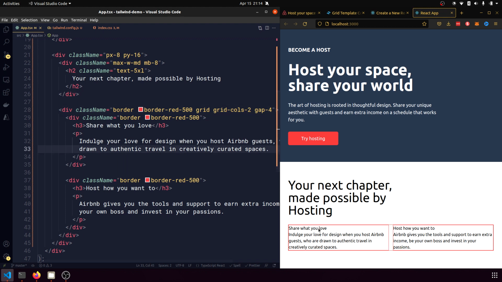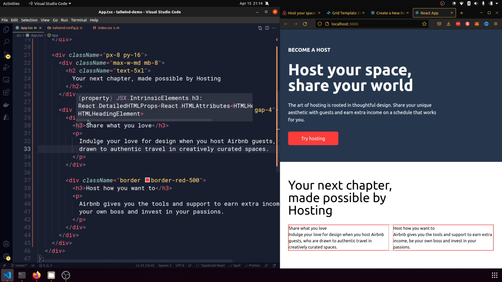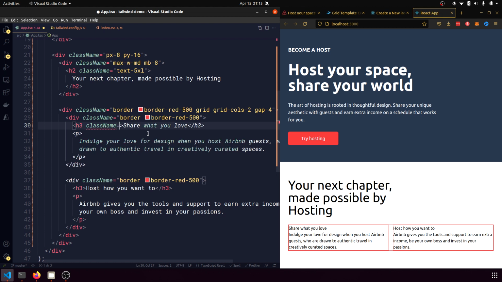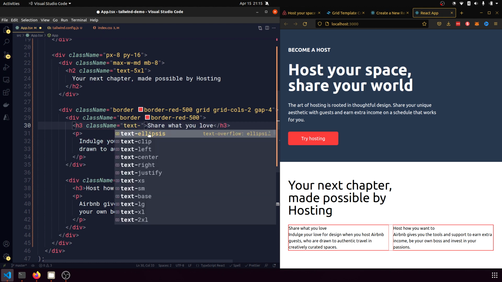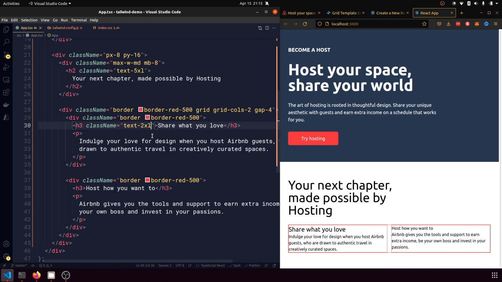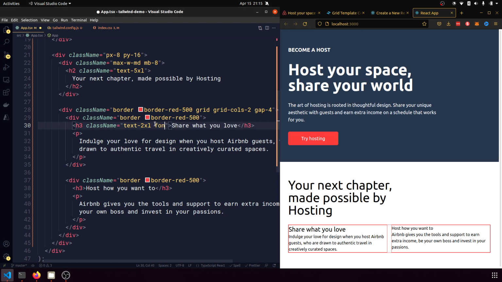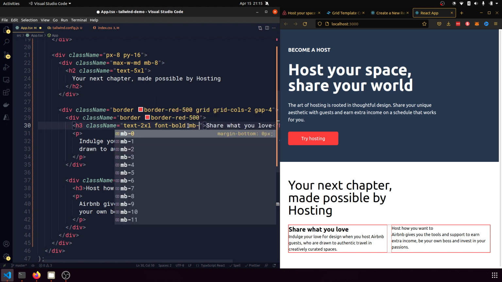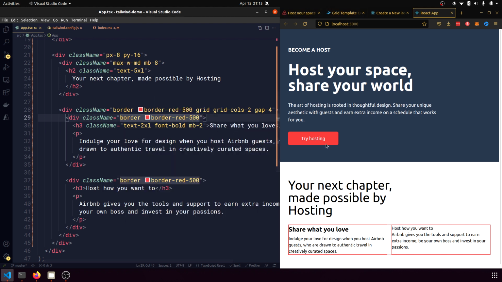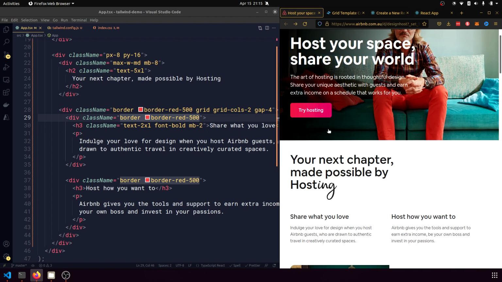And now we can style these elements. I might just style one of them and then copy the style over to the other. So first of all, we want this header to be a little bit bigger. Let's make it text 2XL. It looks a little bit bolder as well, so why don't we do that? Okay. Usually with a header, it's good to have a bit of space between this and the text element that follows, so I like to put quite a small margin as well. I'm not sure if they did that here, but I think that looks a bit better than if it was cramped up. Yeah, I think they did the same here because there's quite a bit of a gap between the